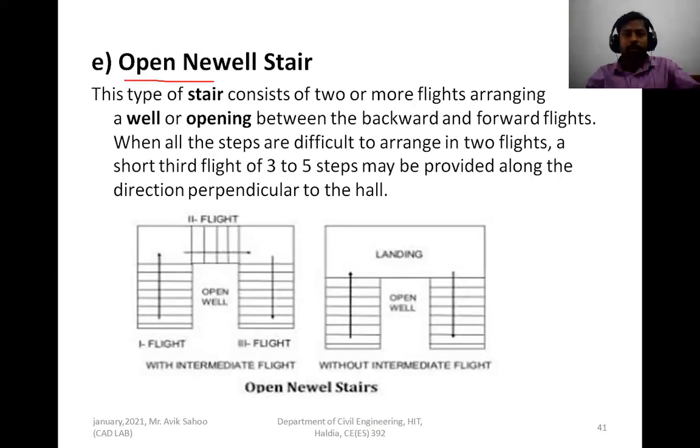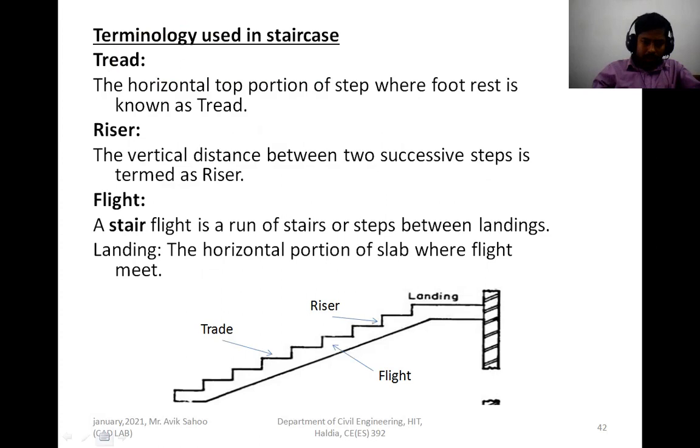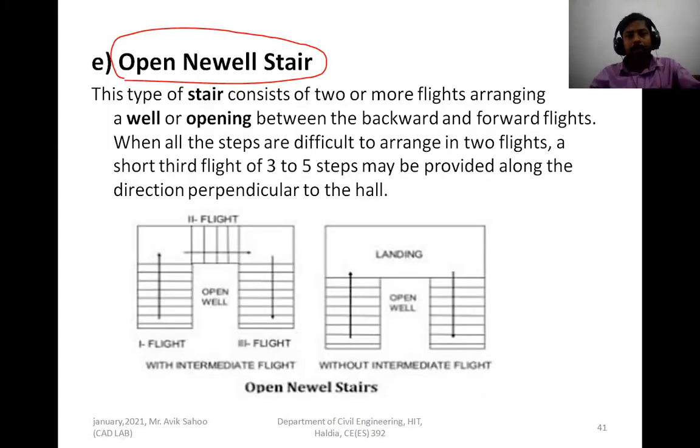Now another type of stair: the open newel stair, the open well stair. This type of stair has more than one intermediate slab. You know that in the bifurcated staircase as well as the dogleg staircase, only one intermediate landing slab is used, which is placed at the middle of the floor. Whereas in the open newel stair, open well stair, more than one intermediate slab is used,